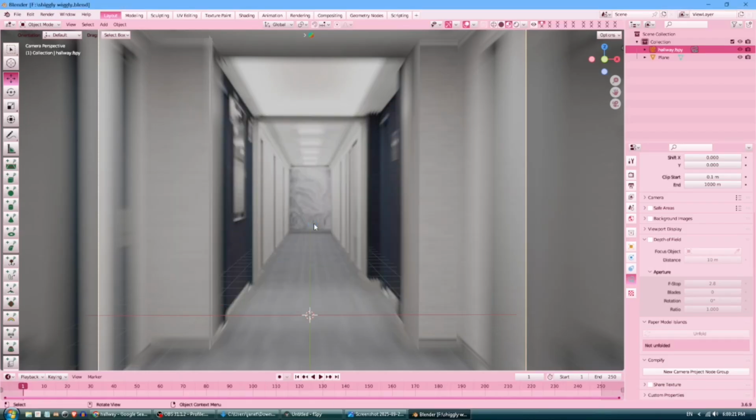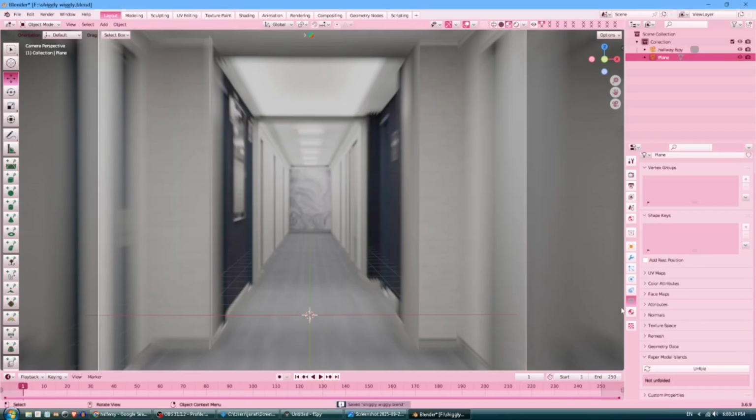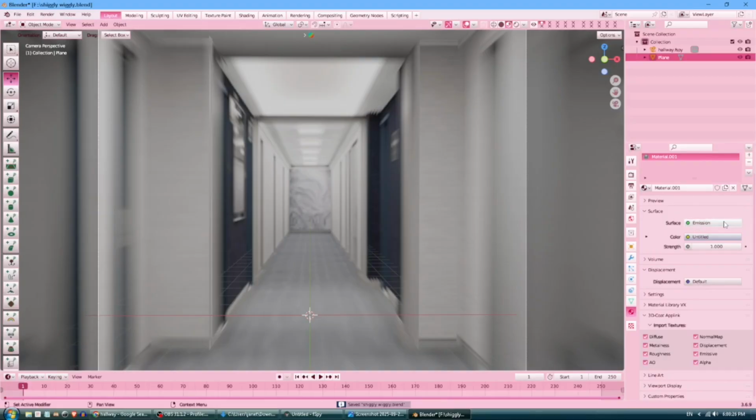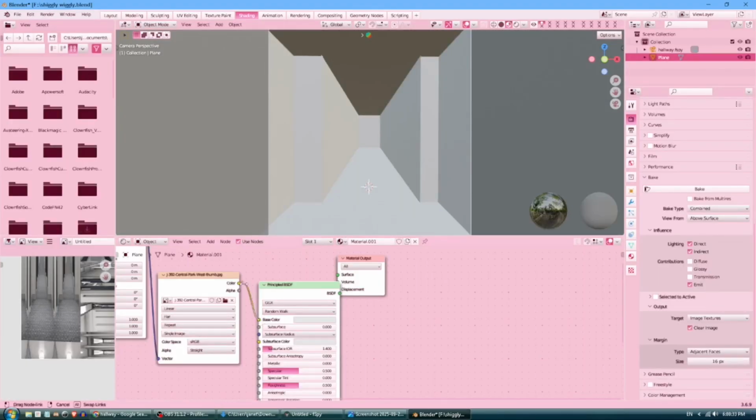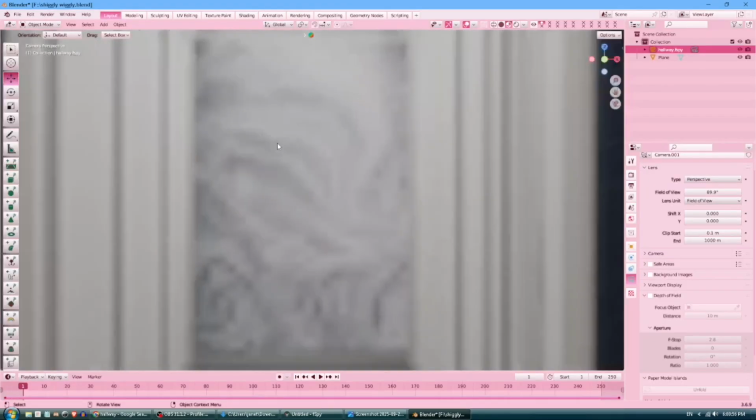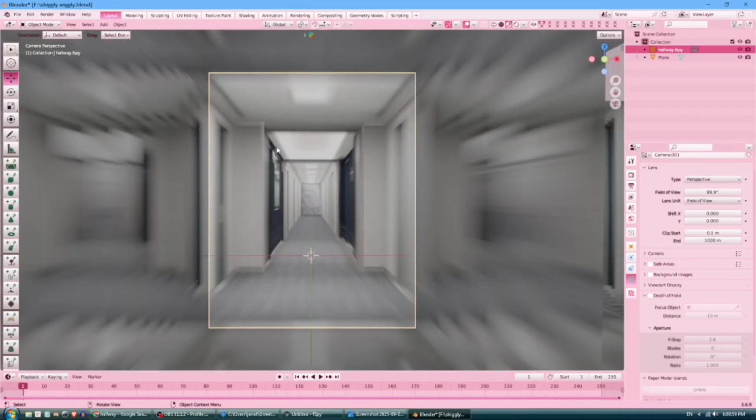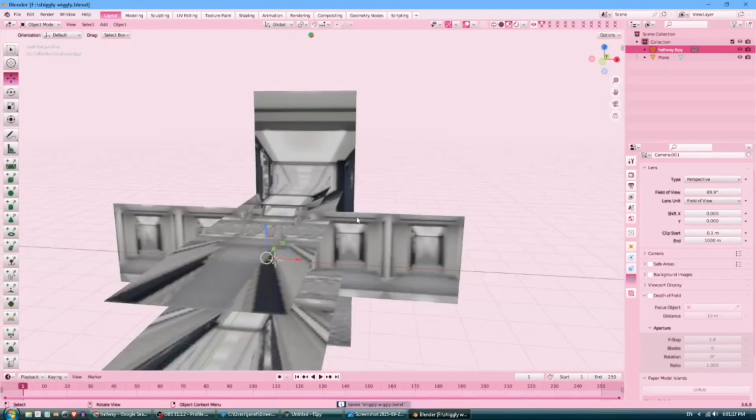And you can do whatever you want. You can change this to a principled BSDF if you want, and then you can add your own lighting on top of it. Yep, I would recommend upping the resolution, getting a good resolution image, but that's how you do it for the most part. If you know what you're doing, it's pretty easy. If you don't know what you're doing, it's not as easy, but you can figure it out. I'm sure you're smart. So,